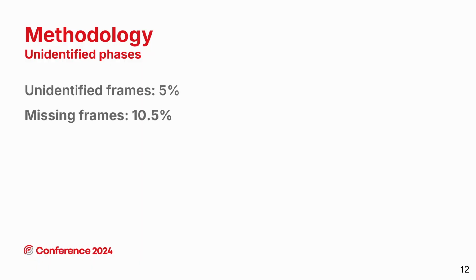As we mentioned before, not all events have a phase assigned. That might be because the events didn't get classified by our rules, and we define these as unidentified frames, and these represent 5% of total events, or because events didn't have an associated freeze frame, and we define these as missing frames, and they represent 10.5%. In the example here, we can see the blue team in possession of the ball, and they're in a build-up because the ball is in the own third. By looking at the red team, there are only 3 players in the attacking third, so as we defined before for the high block, we need at least 4 players there, so the out-of-possession phase assigned in this case is unidentified.